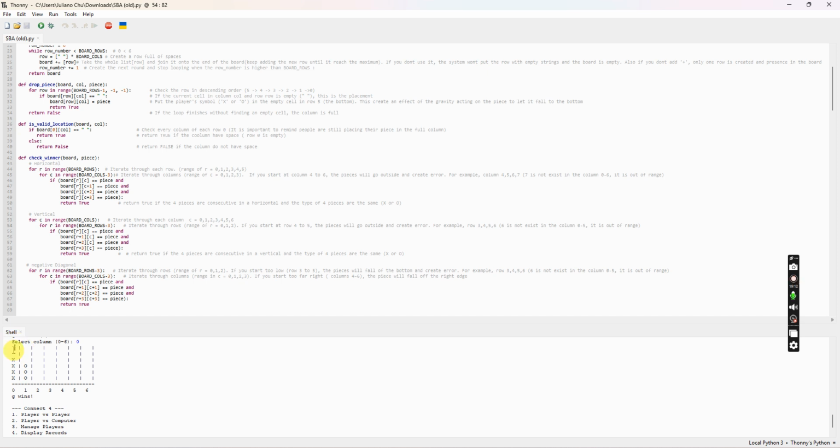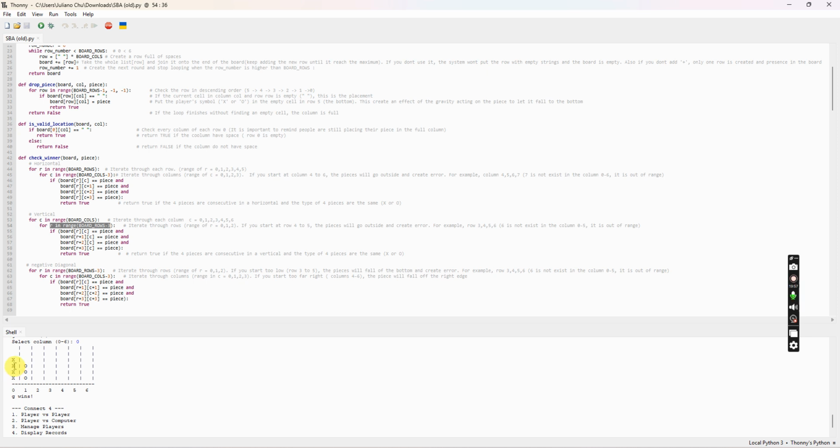So the system will check row equals 0 first, and row 1, because for R in range rows minus 3 it is a loop. However, the computer cannot see any pieces appear in row 0 or row 1, so it skips. Now pieces appear at row 2. So the board row is 2, board row 2 plus 1